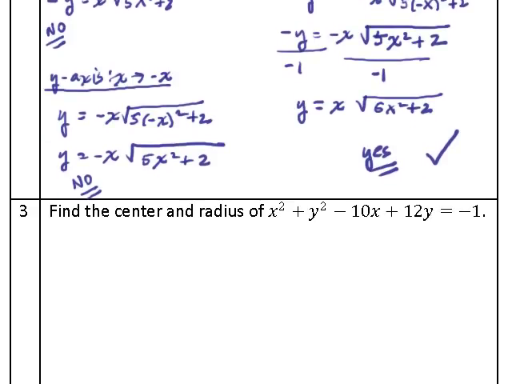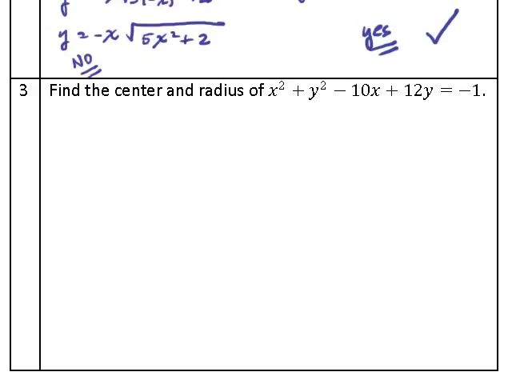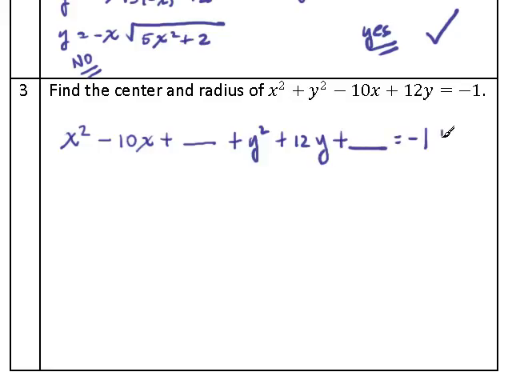All right, in number 3, we're finding the center and radius of this circle. And the way we do that is we complete two squares, first in the x's and then the y's. So let's rearrange this equation so that we put x squared minus 10x together, and we'll put in a blank getting ready for completing the square. And y squared plus 12y next to one another plus blank. And let's put two blanks over on the right,